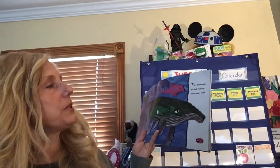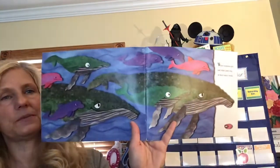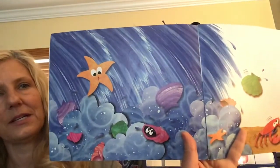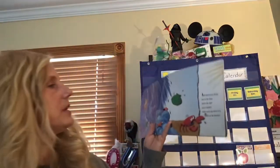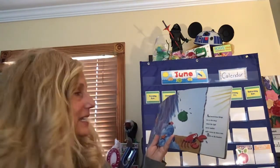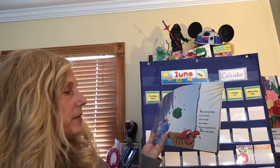Where dolphins play and whale pods sing of their watery world. I've seen dolphins pop out of the water a lot when I scuba dive. They follow the boat. Dolphins are very playful. They like people. What else do you see? Ooh. So pretty. And mysterious things live in the deep, where the light never reaches, while waves up above toss